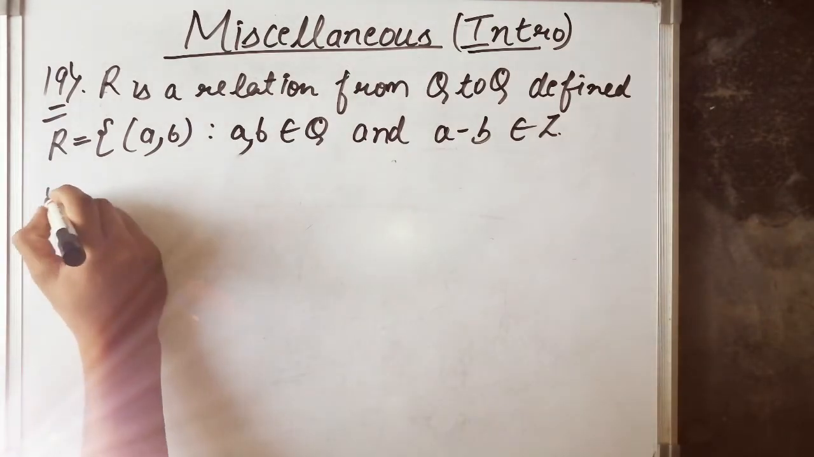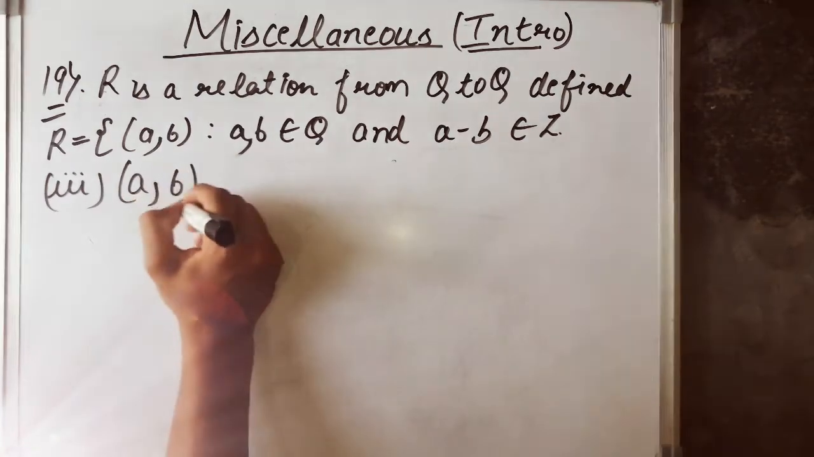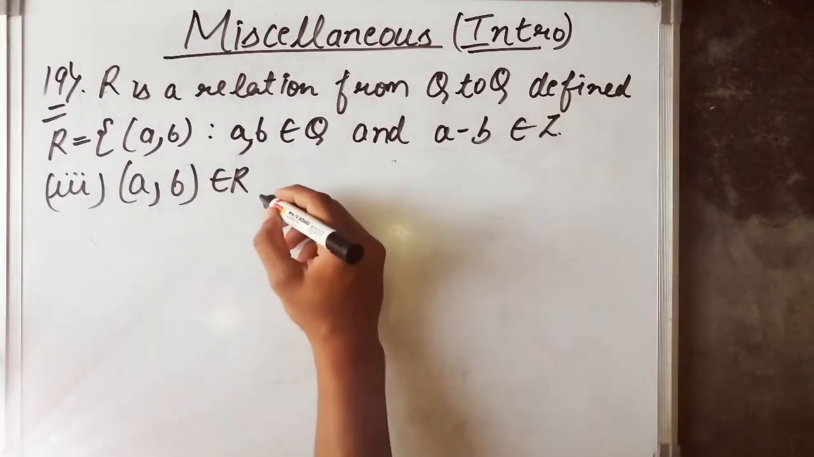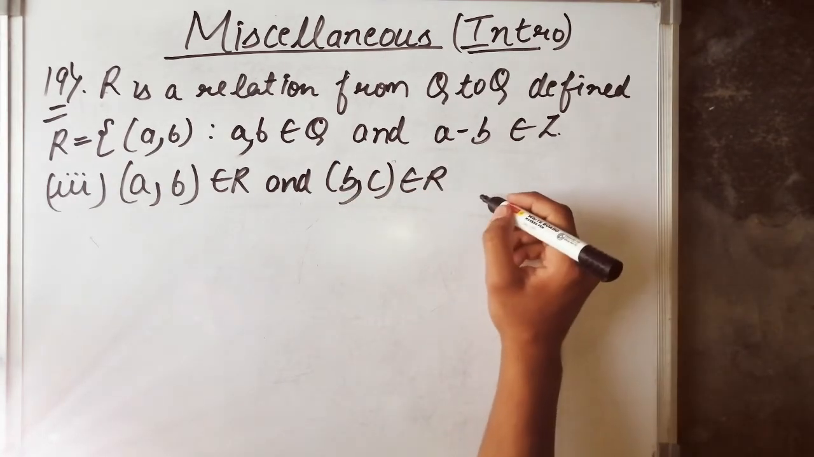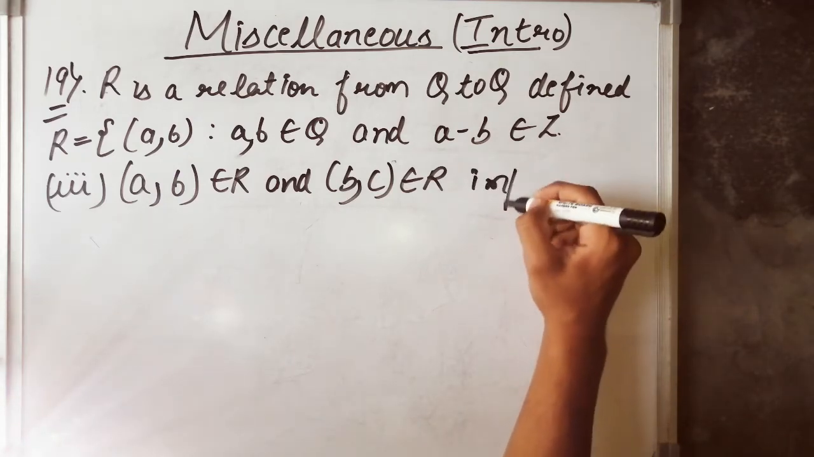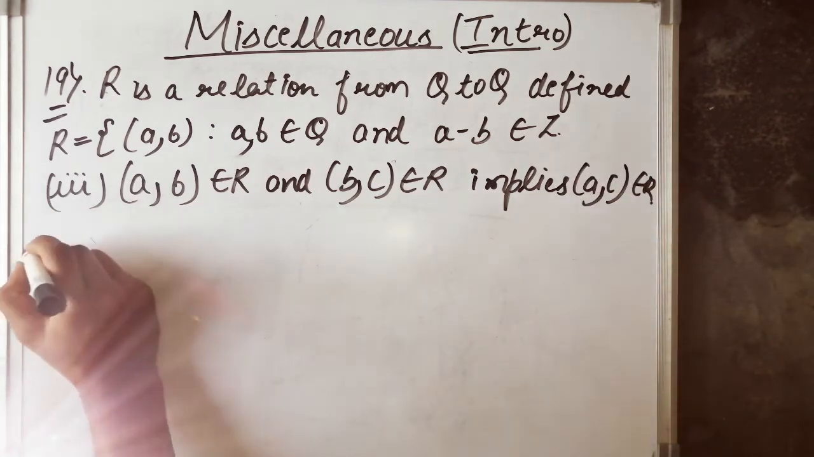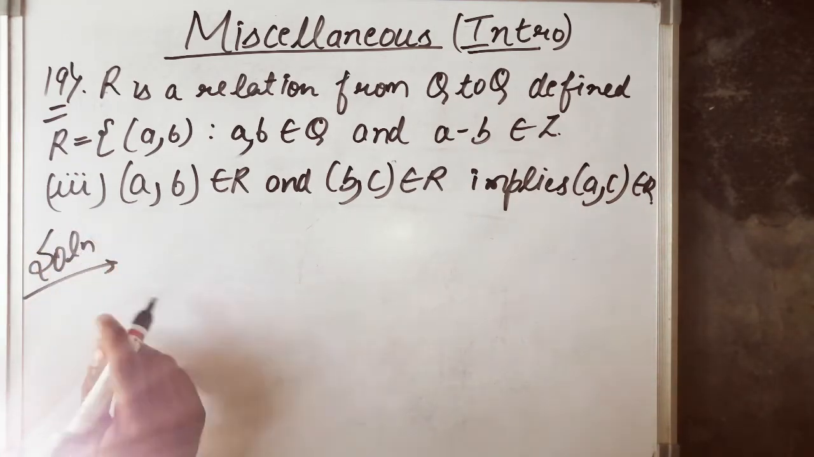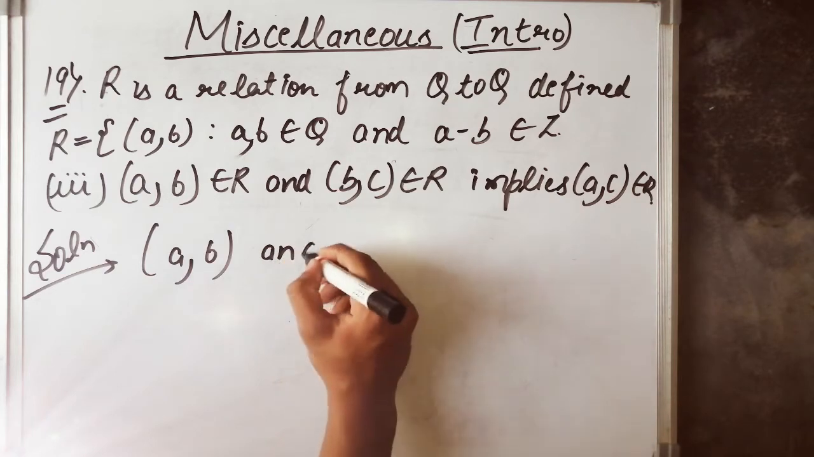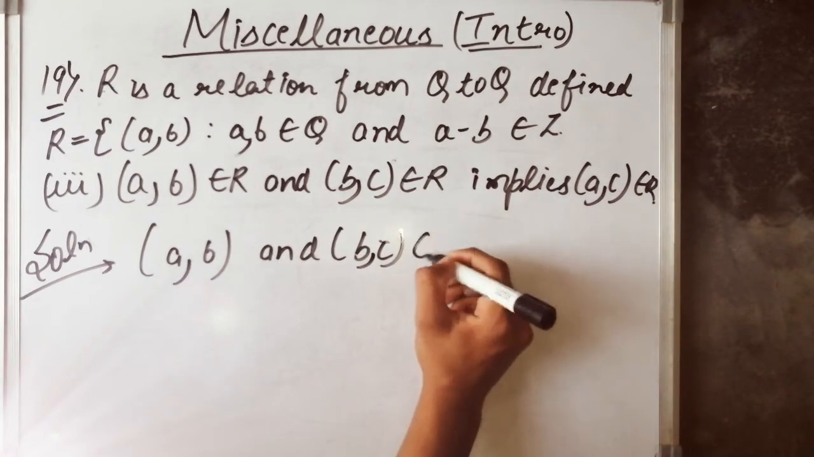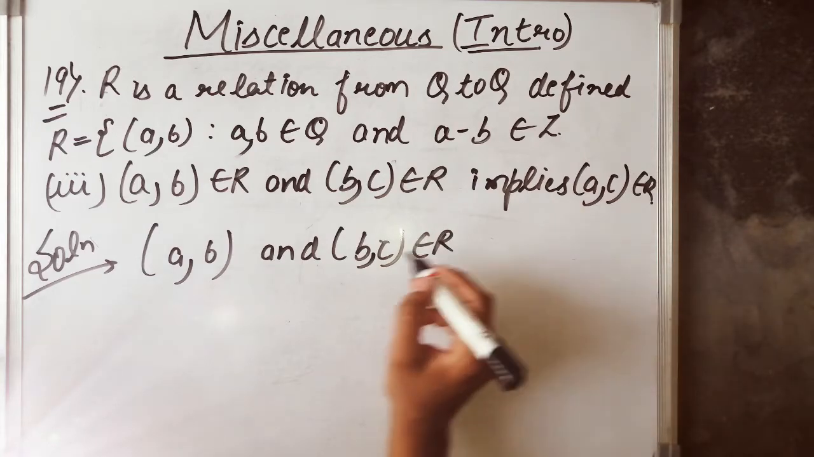Okay students, let's have a look at the third part of this question. It states that AB belongs to R. We need to show that AB belongs to R and BC belongs to R implies that AC belongs to R. Let's have a look at the solution. Since AB belongs to R and BC belongs to R, it is given here, it implies